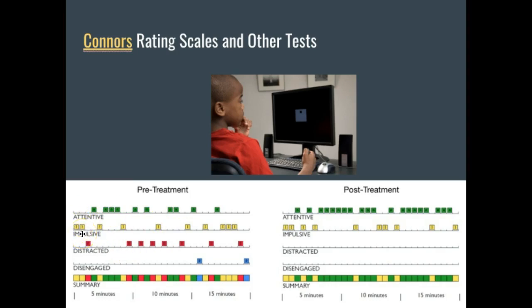There's impulsive things, where we judge it by pushing the button when there's nothing there, or distracted by pushing a button when there's a green box on the screen instead of the red box, or whatever it might be. And then they record the findings and find out that based on this data, this child would be seen as having an attention issue. Then they go through a treatment plan with the child, and in order to see if the treatment is helping, they give a post-treatment test as well.